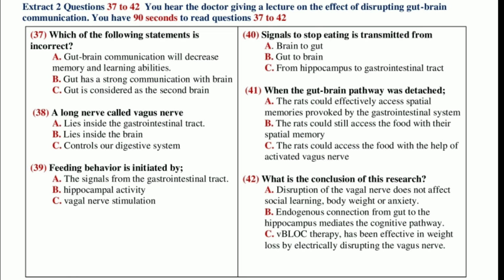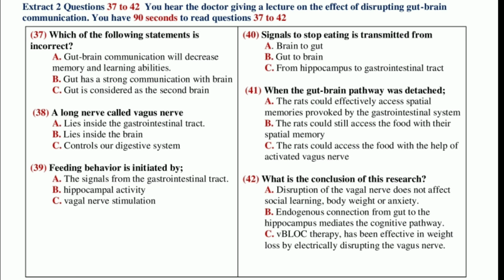When rats locate and eat a meal, the vagus nerve is activated and this global positioning system is engaged. Therefore, it would be advantageous for an animal to remember their external environment to locate the food again. The artificial electrical stimulation of the vagus nerve can increase memory function. However, this is the first study to find an endogenous connection from the gut through to the hippocampus that mediates